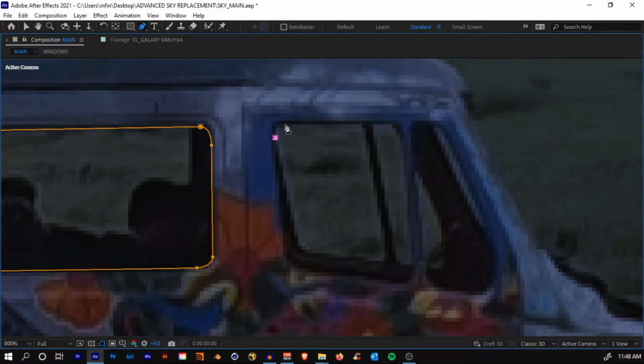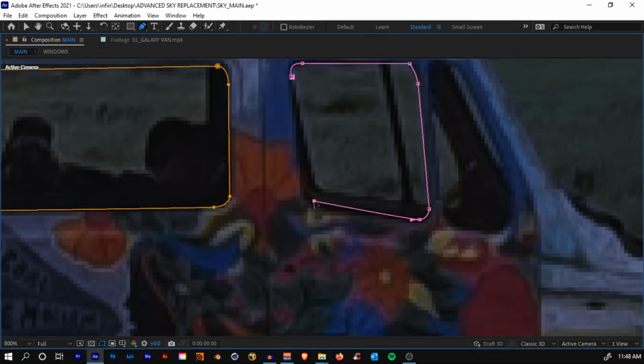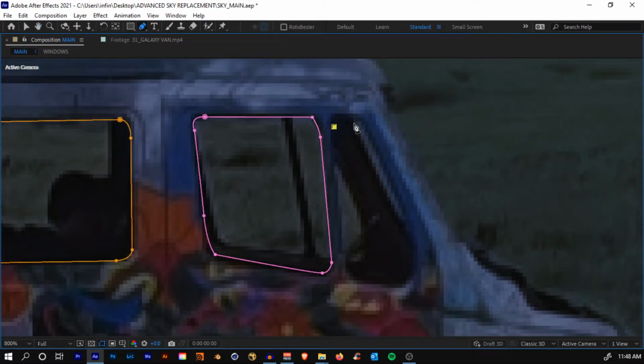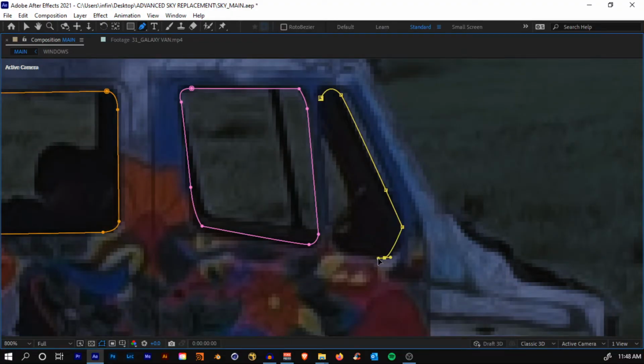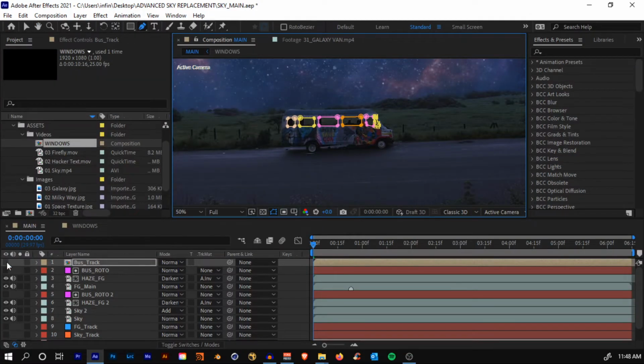And here, by the way, there are 2 windows, so be careful with that. Don't draw it as a single window, or it may look a little bit weird. So continue drawing. You see here there is another window. Yes, now we are done with all the masks, and now you can enable the layer.